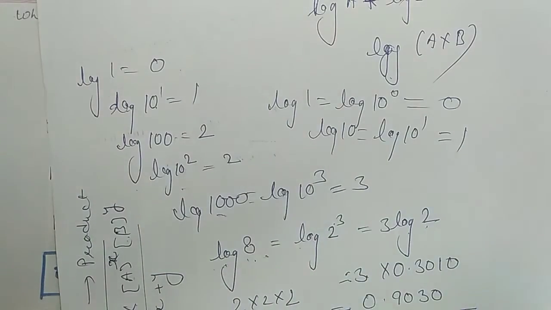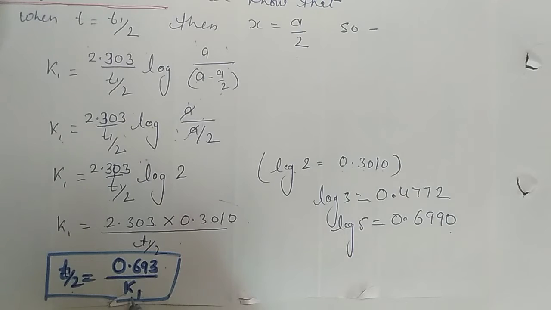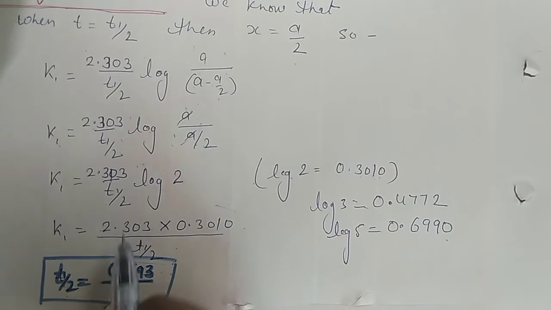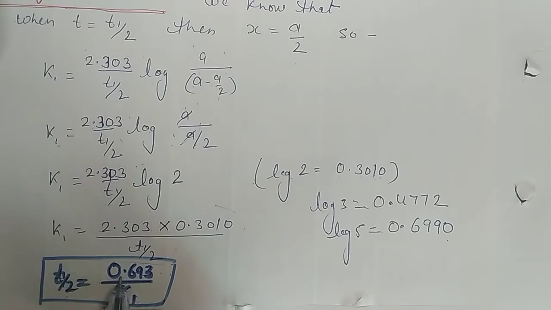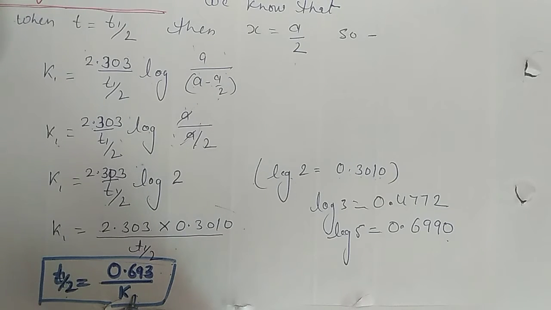Okay, clear? So thus we can calculate the half life of the first order reaction. There is no step of A, or we can say initial concentration. So we can say the t half, or half lifetime, of a first order reactant does not depend upon the initial concentration of the reactant. It does not matter whether the initial concentration is less or more. It only depends upon the value of the rate constant.